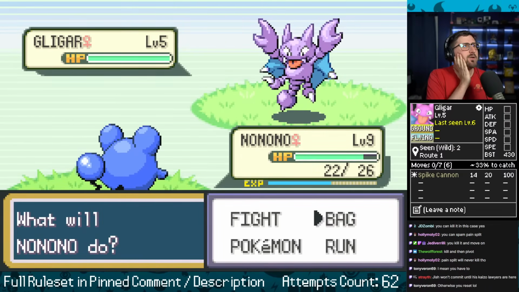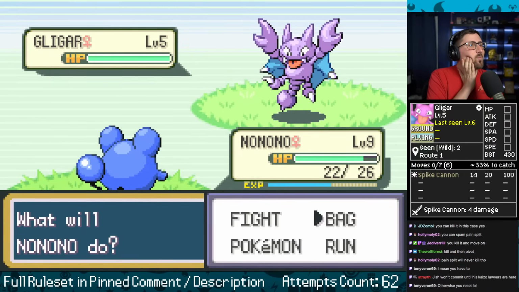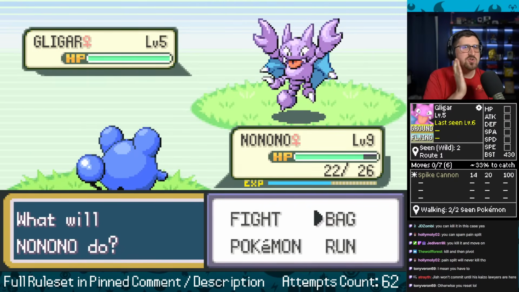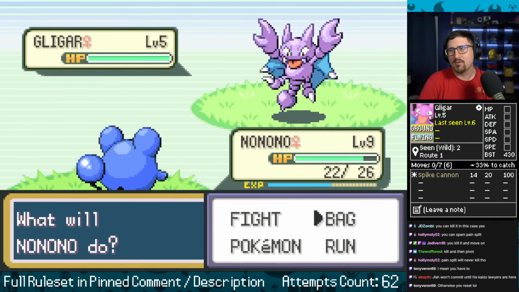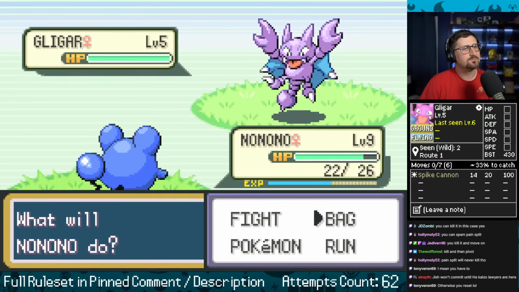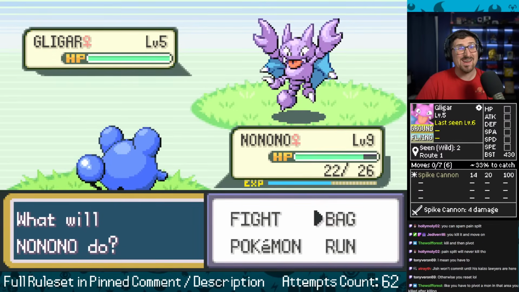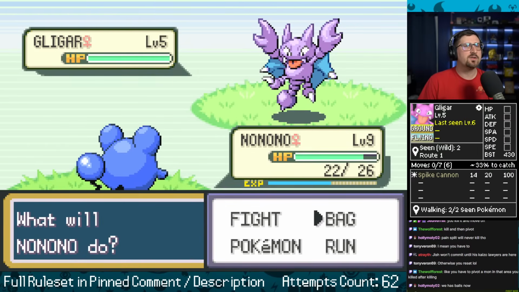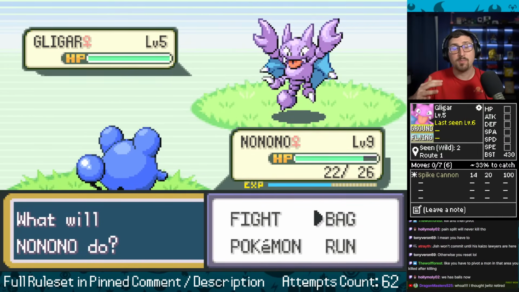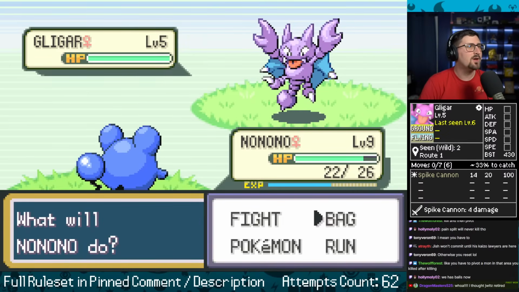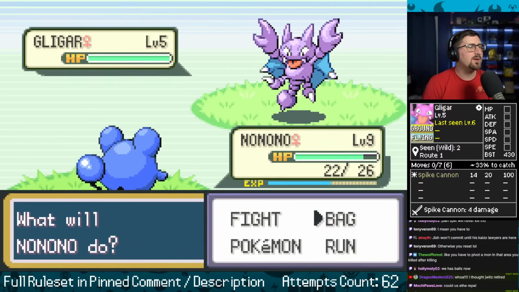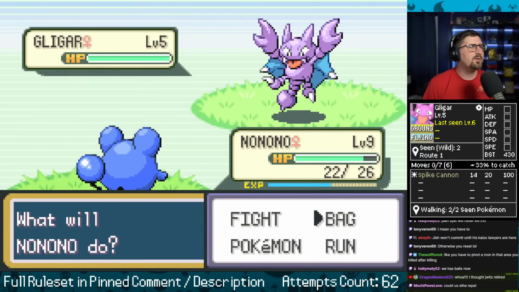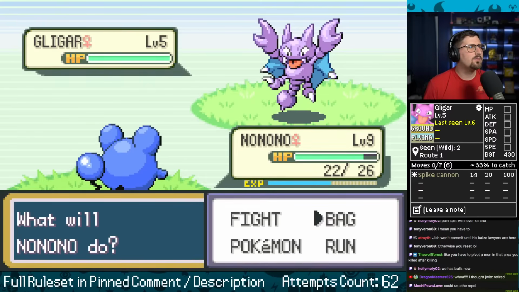Any of my rules lawyers again? Do I have to catch it when I have balls, or am I still allowed to knock out and run? I might want to catch it anyways. No, I know Gliscor doesn't exist. I don't want this Mon, but it has higher speed, so I could use this to pivot into something else. You need to use balls if you can't escape. You also need to pivot on this route.